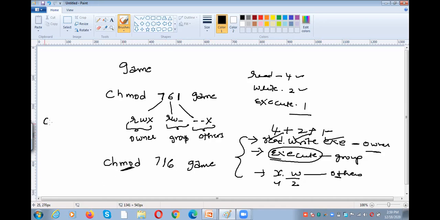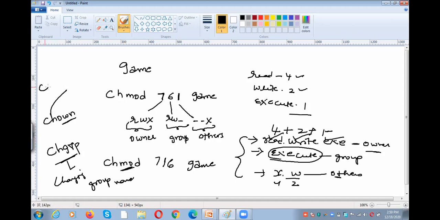So likewise there are 2 more commands to change the owner of a file. For changing the owner of a file, chown. For changing the group name of a file, chgrp. Chgrp is for changing the group name. So what is chown? Ch means change. To change the owner of a file or directory.